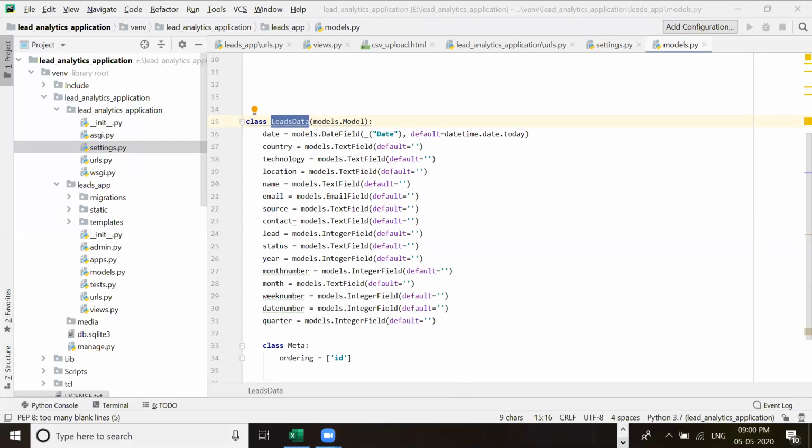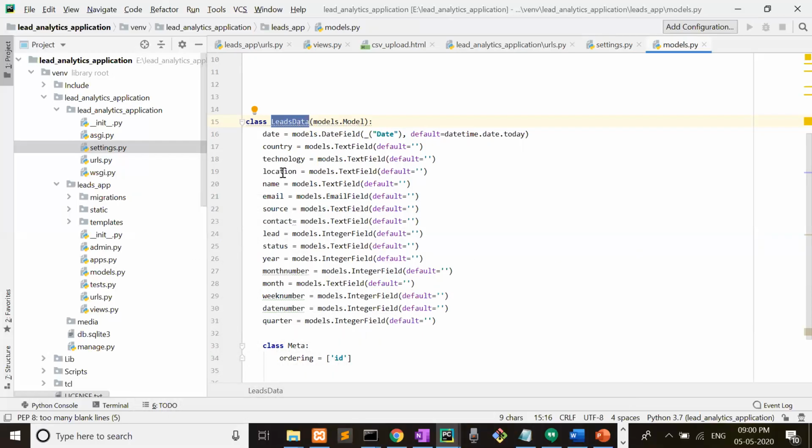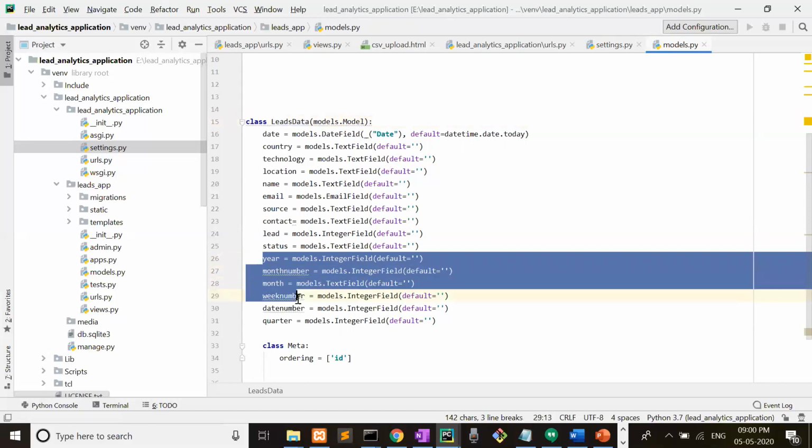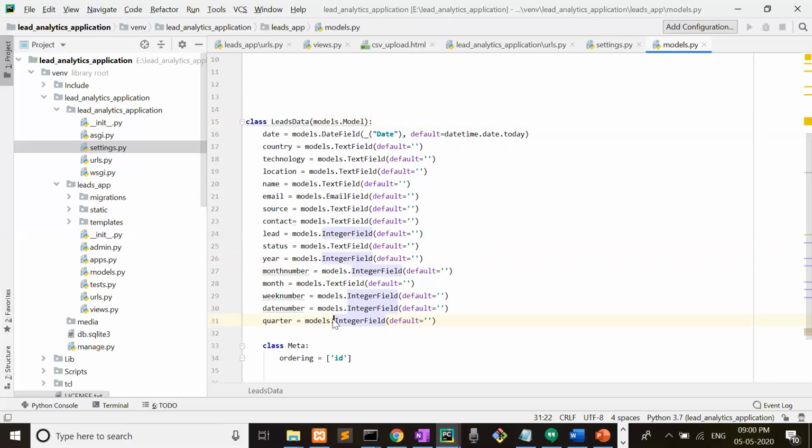For example, see this: date, country, technology, location, name, email, source, contact number, lead and status, right? After this, you can see here year, month number, month, week number, date number and quarter. These attributes we will extract with the help of pandas and numpy from that CSV data. How it will be done, I will show you.